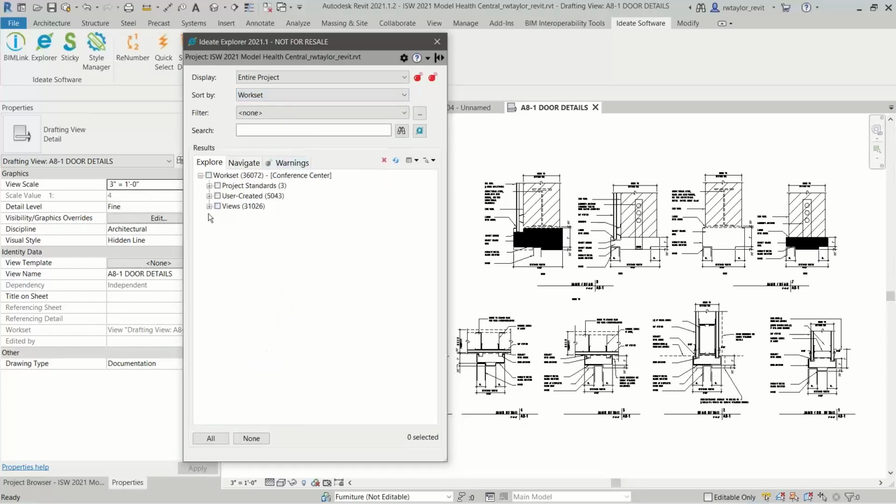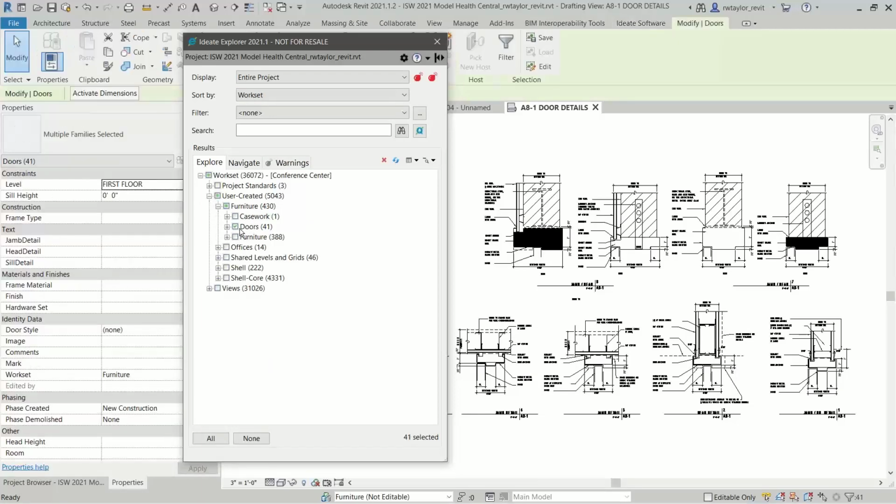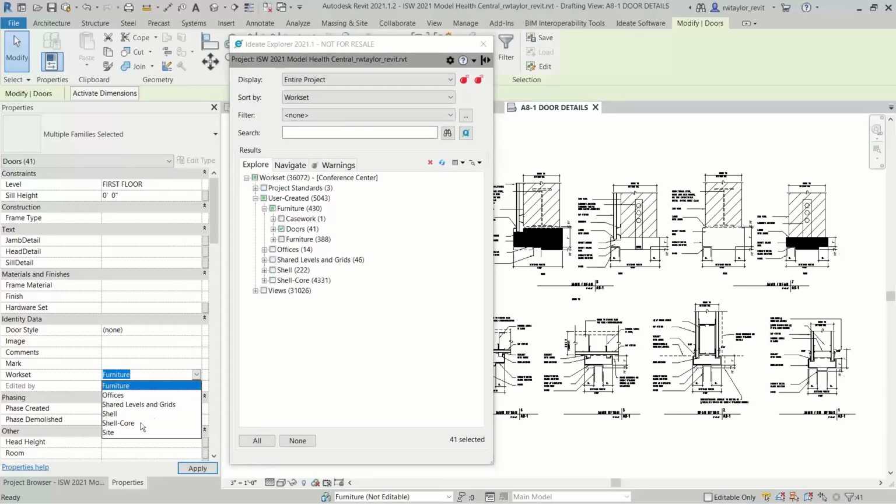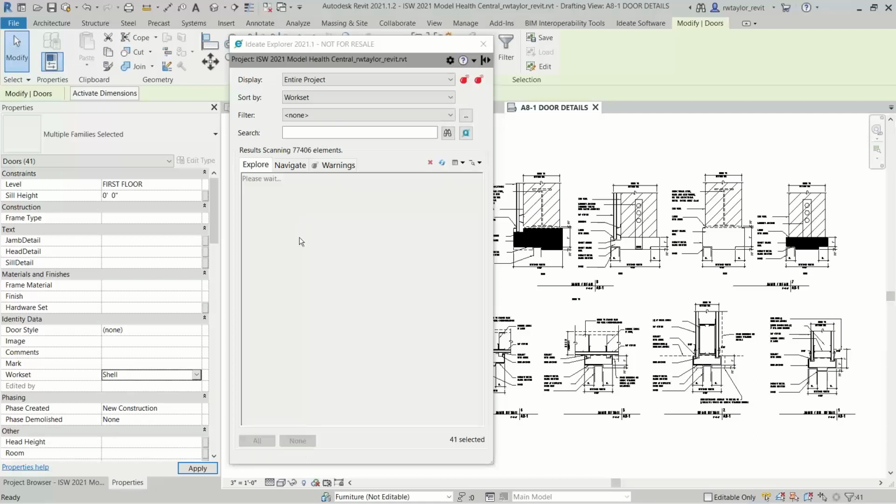So, work sets, I can say, oh, well, there's several user-created work sets. So it looks like there's furniture. Oh, you know what? There's doors that are on the furniture work set. So I'm going to select all 41 of those doors, right? And let's change the work set from furniture over here to maybe it's supposed to be on the shell work set or something. So now I'm going to move that, and I realize quickly that